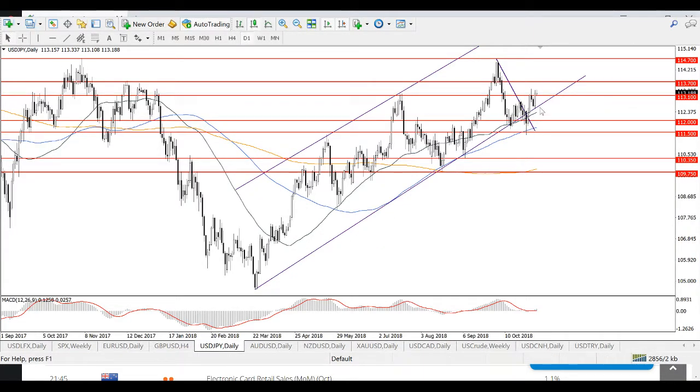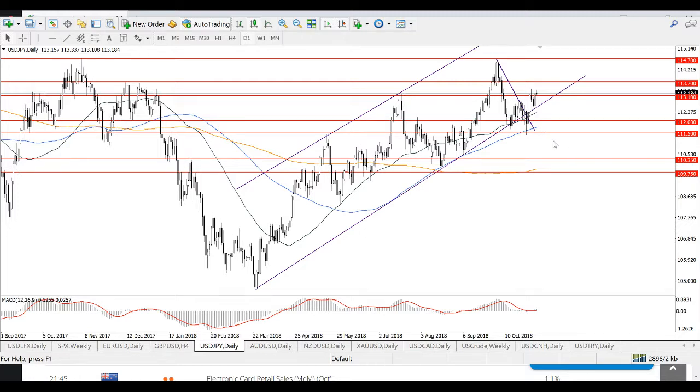The US dollar managed to recover versus the Japanese yen on positive data from America, and also on the general improvement in the market's risk sentiment. We can see that the pair returned to the uptrend, and it even managed to get above the resistance around 113.10. So the next levels to watch are 113.70, 114 and